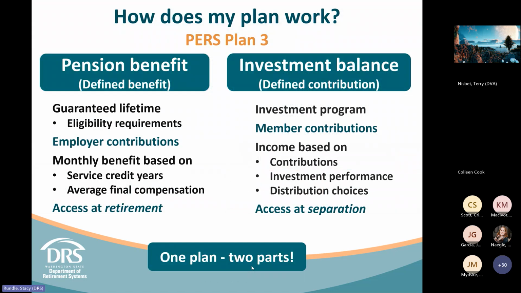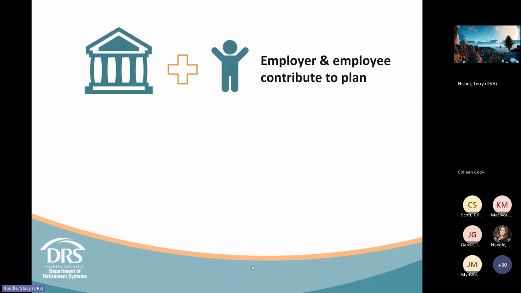If you happen to be in PERS Plan 3, Plan 3 has two parts to it, a traditional pension and an investment account. So we'll start with the pension part first, and then we'll circle back to the investment part a little bit later. Okay, let's begin. PERS, Public Employees Retirement System, is an IRC, Internal Revenue Code, Section 401(a) plan,